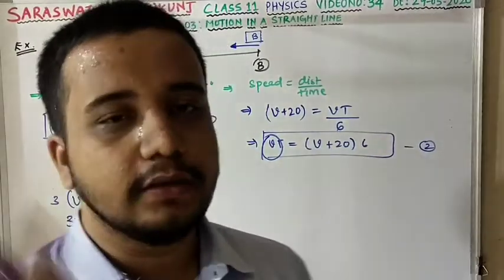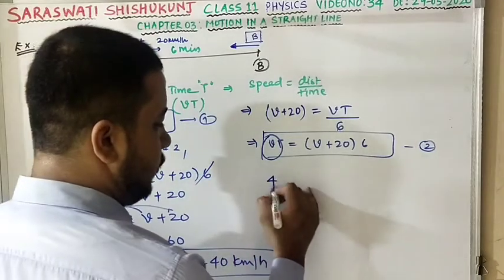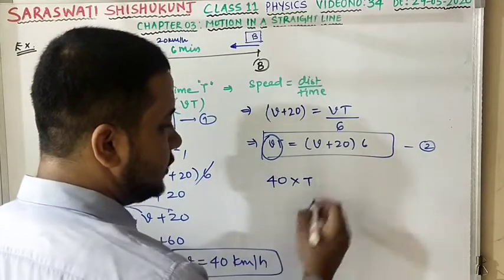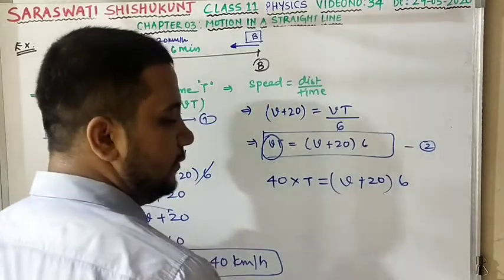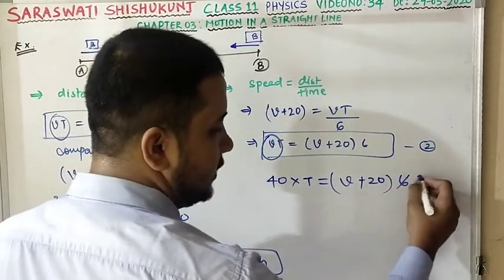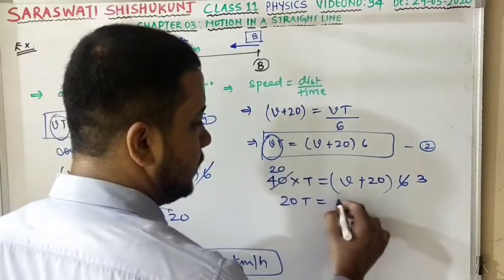Yes or no in this question? So substitute this value in any one equation. I am going to get the answer easily. That is 40 into t. I am substituting in equation 2, that is V plus 20 into 6. Is this clear? We will cancel it more precisely. That is 3 2s are, and here it is 20 2s are. So my answer is 20t, that is equal to